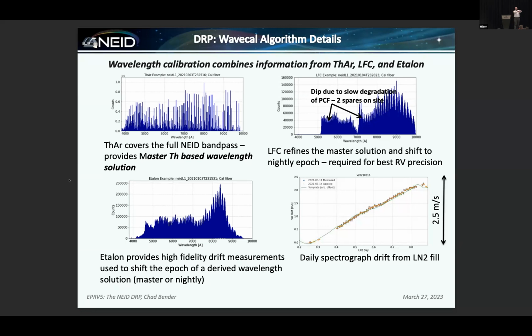The thorium sets the base solution, and then the laser comb gives us our 0 point. The Fabry-Perot gives us down to 4,000 angstroms, and it's a fairly complicated bootstrap across that. But over the night, the Fabry-Perot is what carries us over the night that we measure the drift. Yeah. Okay, thank you. Okay, let's thank